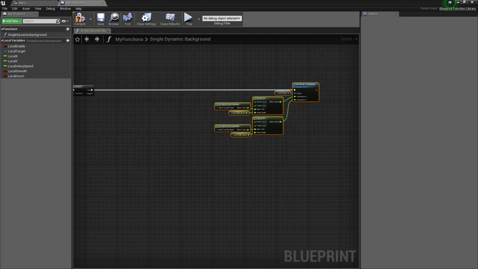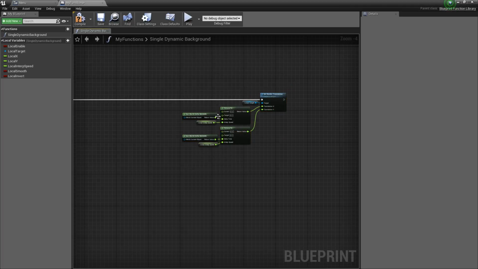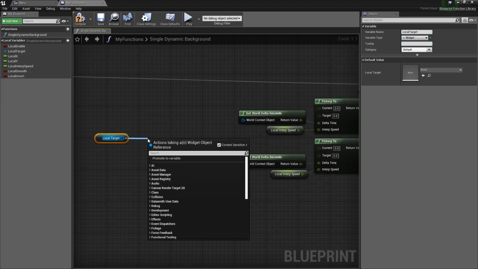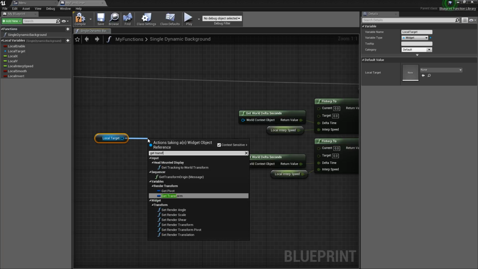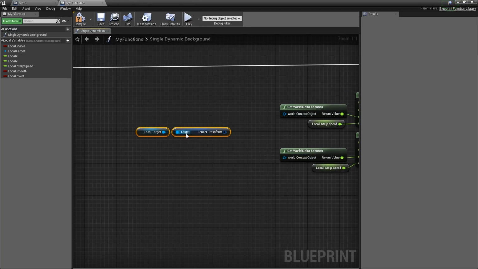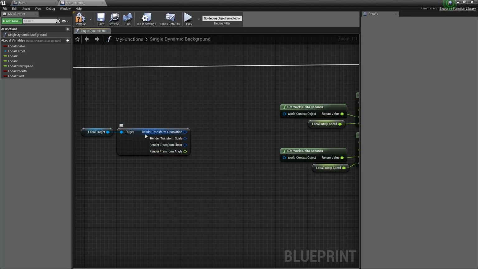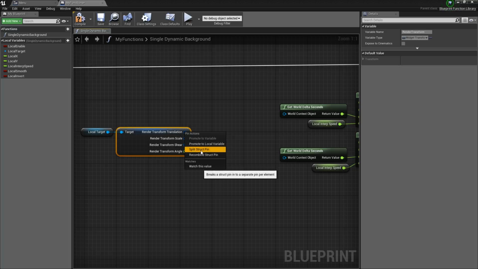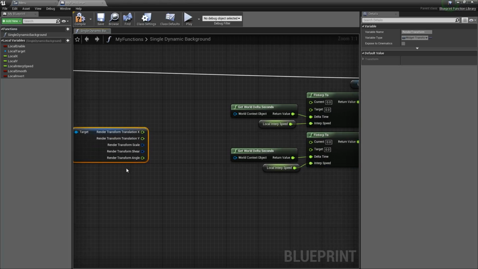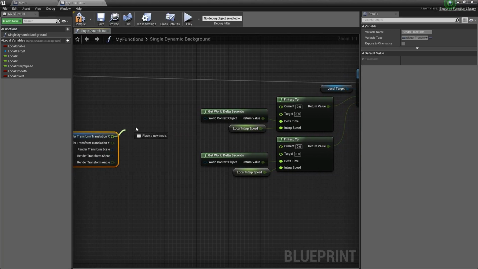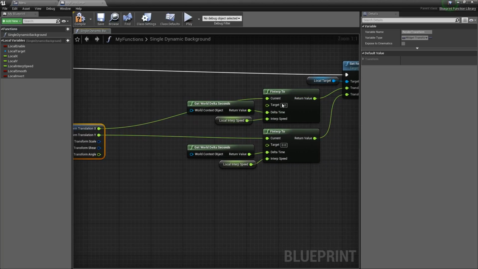Then let me get this. The current is we need to get the local target here. We drag out of it and we are gonna get transform here. We can right click the transform and split struct, and then we can right click this render transform translation, and we want to split that one up as well. So the X is gonna be the current of the first one, and the Y is the current of the second one. Then the targets,